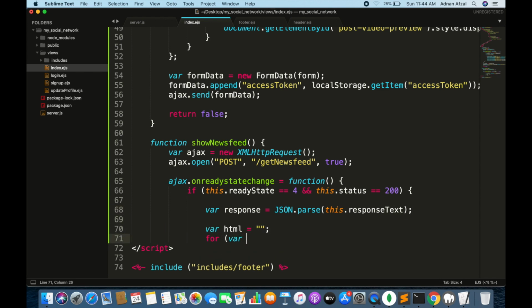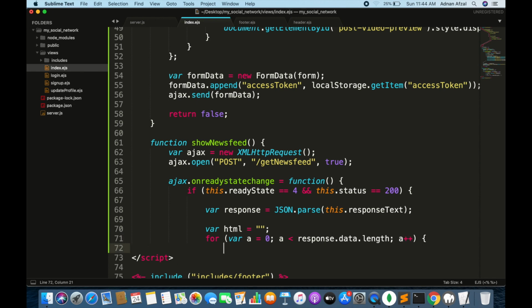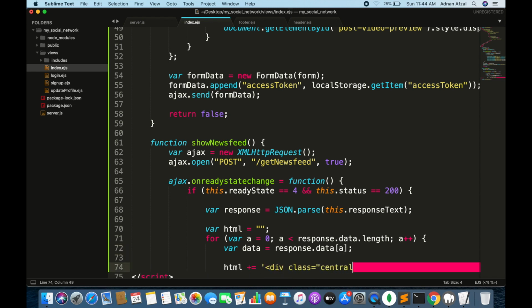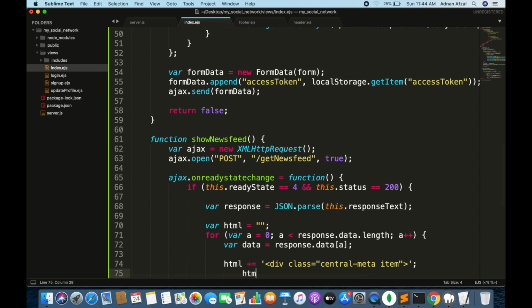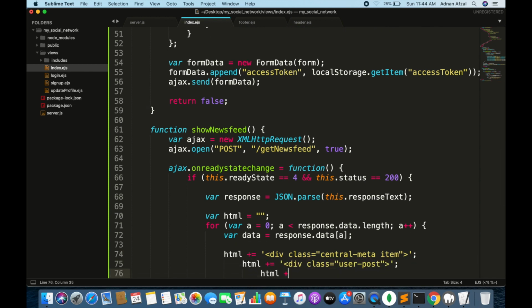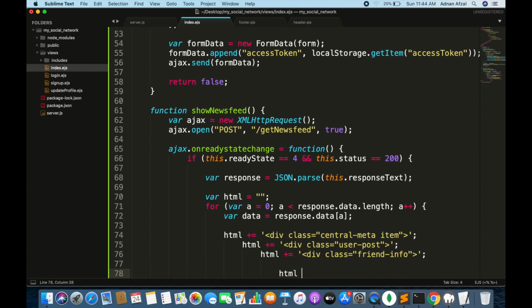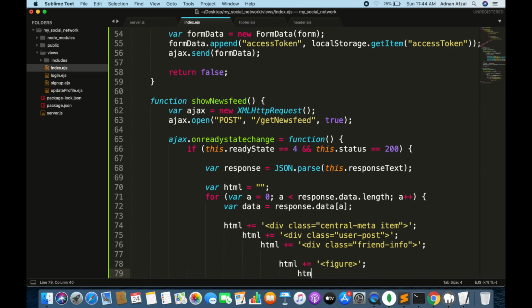Loop through all the posts fetched, and for each post, create a layout in an HTML variable. We will display the profile image of the user who has posted the post.